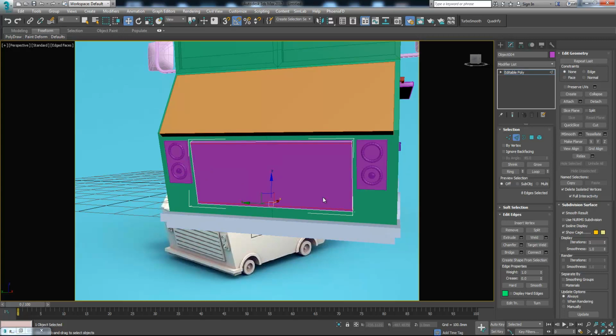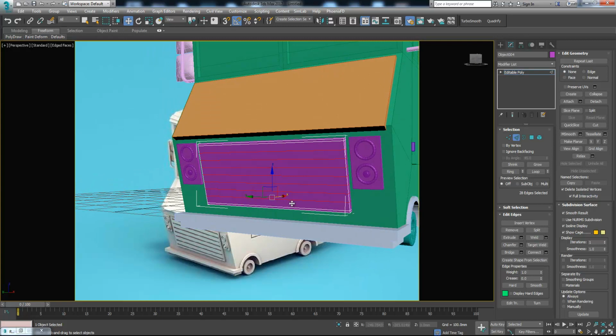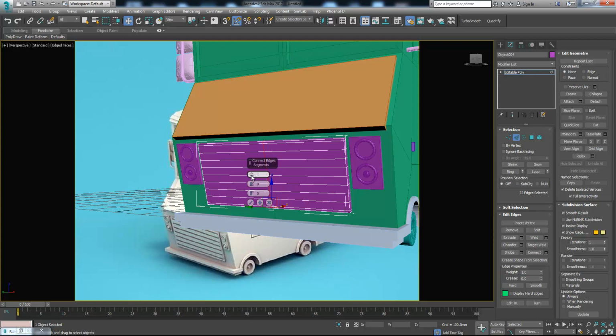Now we need to do the same, and now we need to add 7, like it's gonna be 1, 2, 3, 4, 5 and 7. Okay. We also need to select these edges and press connect and select 2 of them and make them separate. Okay,